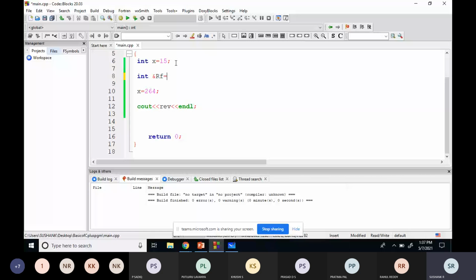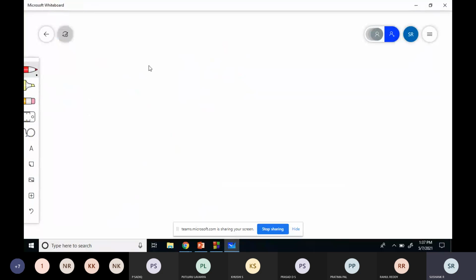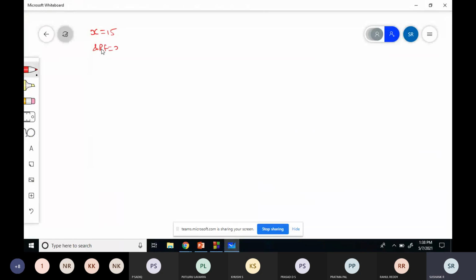Now here, how it will be implemented. One second, I'll clear this. I've created a variable called x and I've given the value 15. I've written one more line, rf is equal to x.